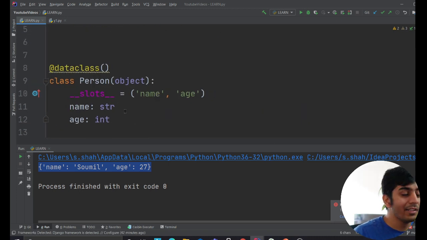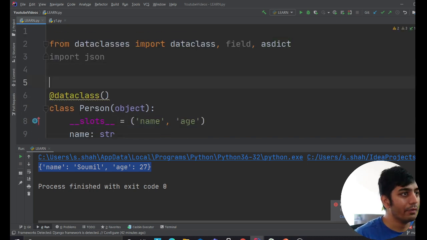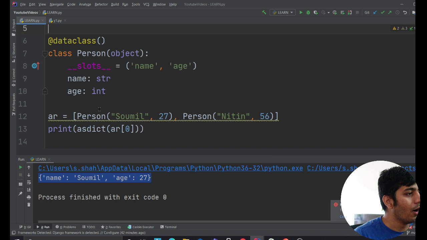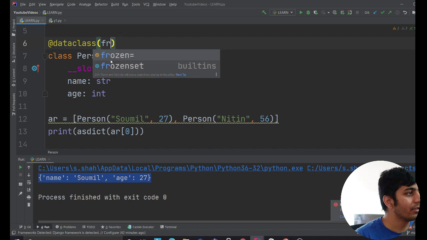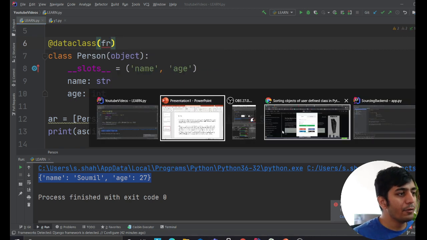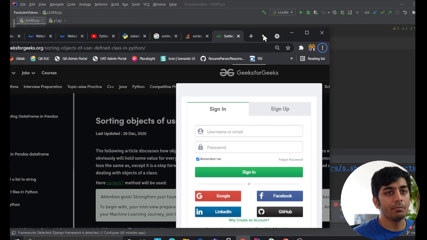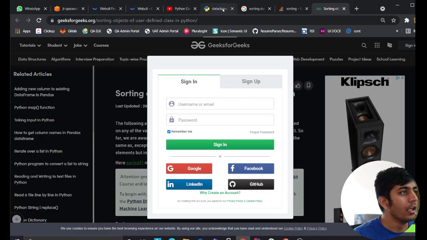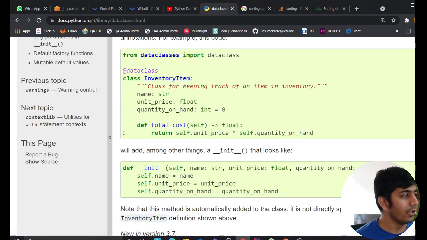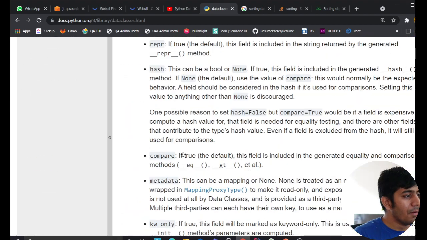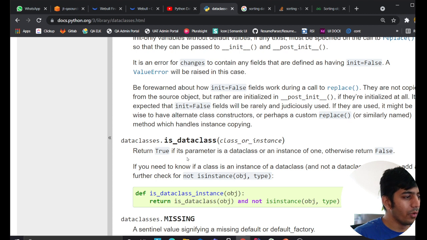There are a lot more things in data class. This is essentially a high-level overview, and you clearly see why you want to use data class, because it provides a built-in dunder str method, dunder eq, and a lot more, right? You can simply set up default values, and you can prevent adding attributes at runtime. But if you want to get into much more detail, my recommendation, as I said, I keep reading stuff, so I was reading here on their official website. There's a lot more detail on data class. What I gave you is essentially an overview, but if you want to get really deep, the official Python documentation should help you.